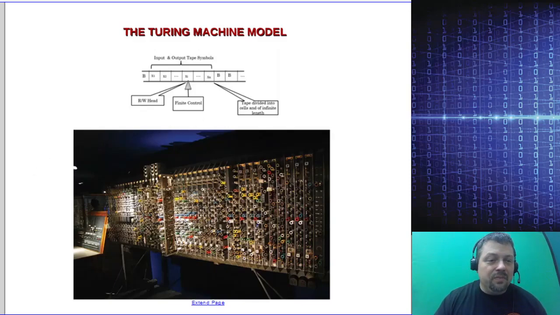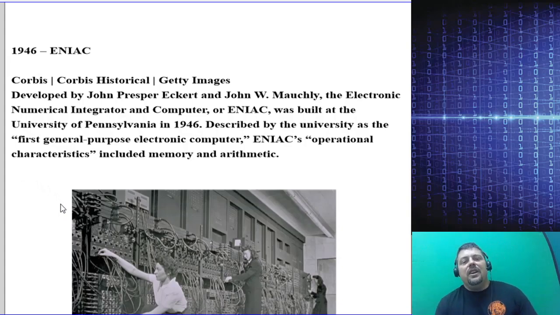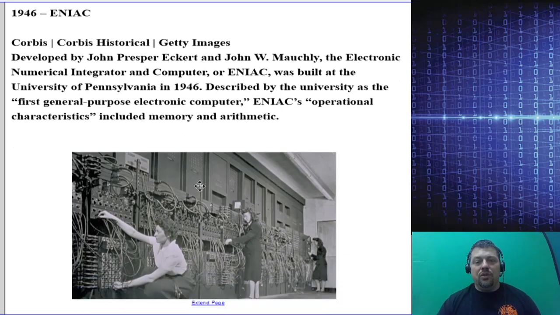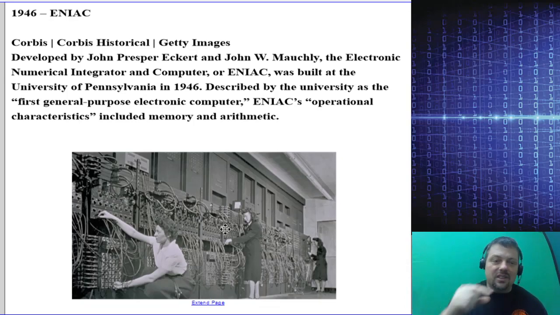Pretty interesting stuff. So the ENIAC, well, this is the first real computer that people knew about. The Turing machine, top secret. This one was public knowledge, and it had a memory device, an arithmetic logic unit, just like the von Neumann architecture I showed you earlier. And it was roughly the size of a room. And it had a fraction of the computing power even your phone has, a small fraction. So you can imagine a computer that takes up a whole large room is now outdone thousands of times over by a little tiny device. And that's a consequence of something called Moore's Law, which we'll talk about in a little bit.